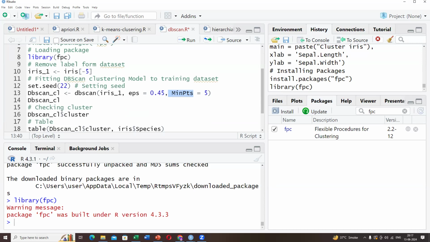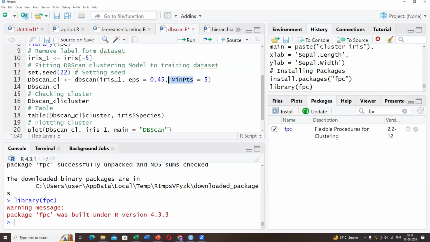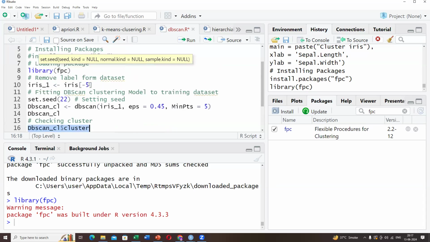As with the k-means clustering algorithm, if you want to print which data point is covered in which cluster, then you have to print this DBSCAN $cluster, like we print k-means dot cluster. Okay, so if I run this code,